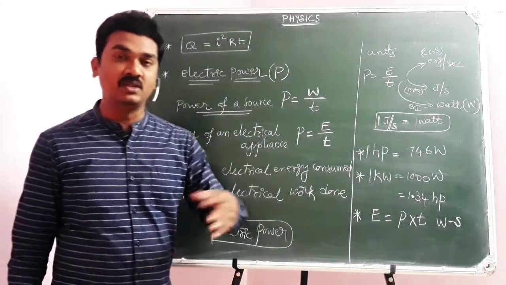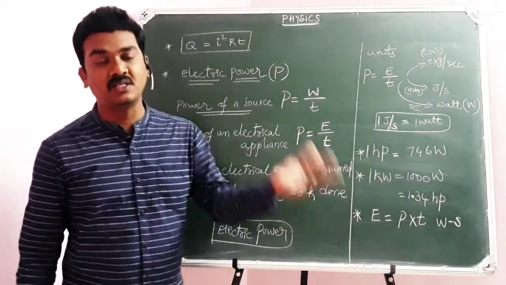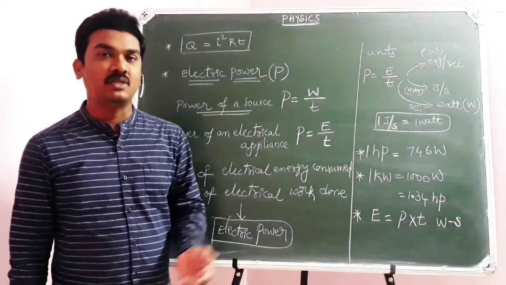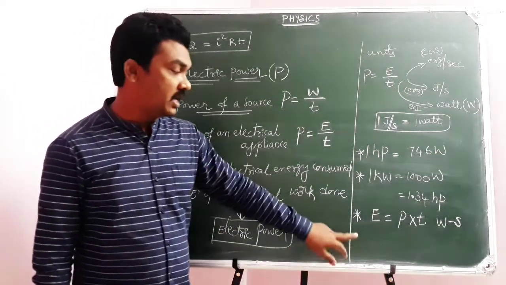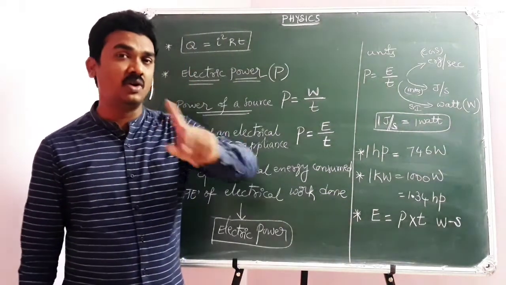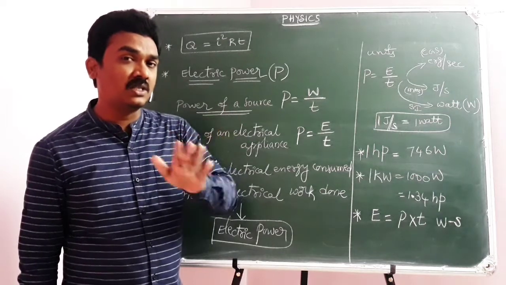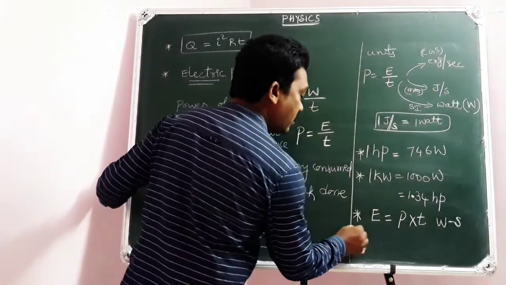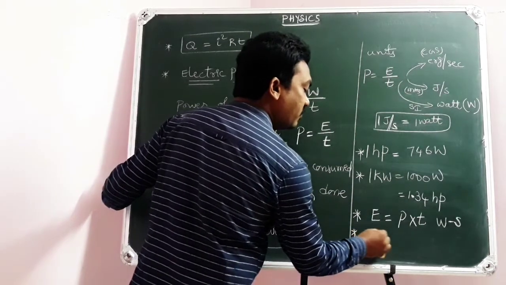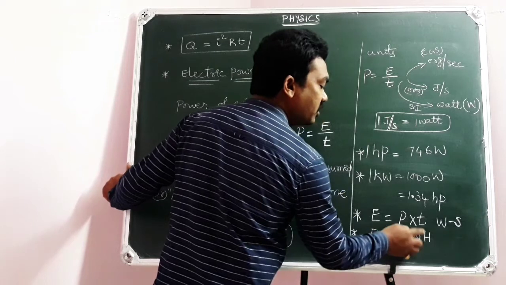I use them for hours, days, weeks, months. So that is the reason why, while calculating electrical energy consumed by household appliances, usually used for hours and days, electrical energy will be measured in terms of watt hour, Wh,